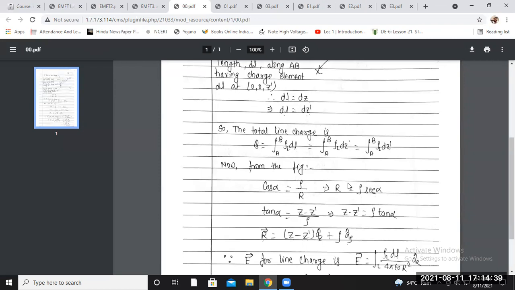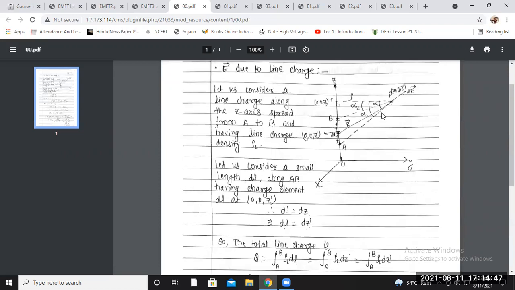So from there you will get R equal to rho upon cos alpha, and 1 upon cos alpha is sec alpha. That's why R equal to rho sec alpha we have taken. Now